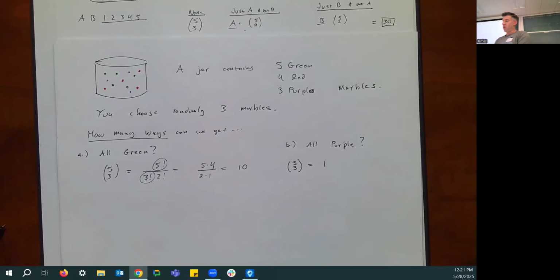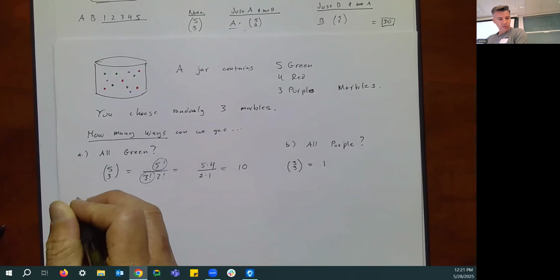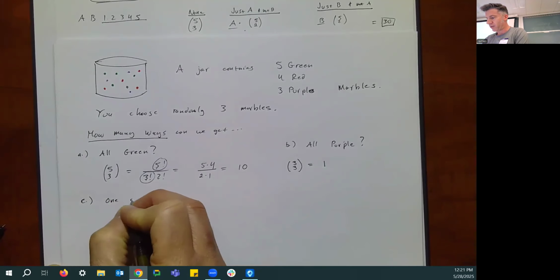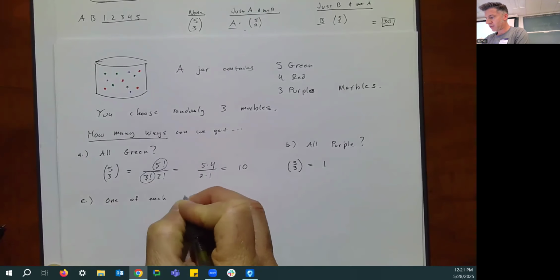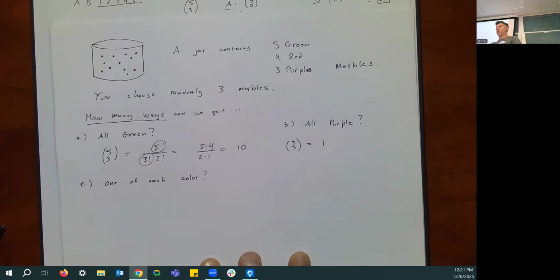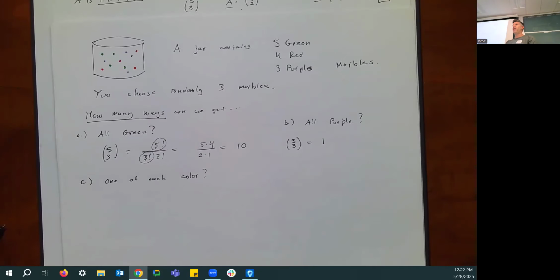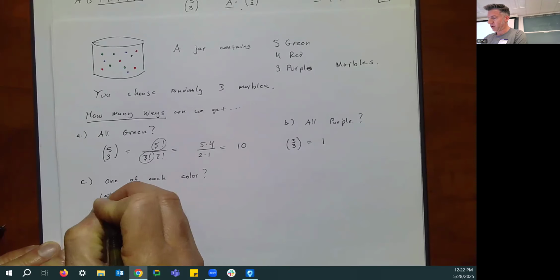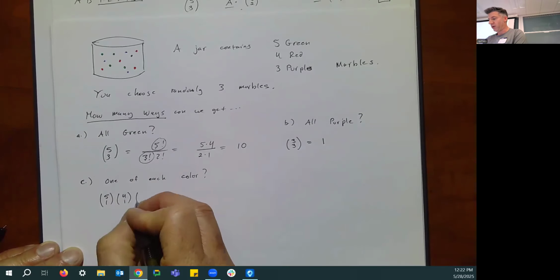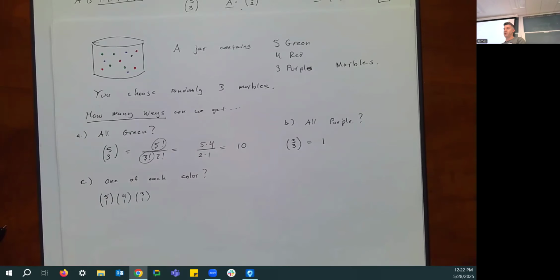So let's do a few more here. What if I wanted to get one of each color? You might start to see a pattern here where it's just basically the number of that color, choose the number that we want. So if I want one green, that's going to be five choose one. If I want one red, there's going to be four choose one ways of doing that. If I want one purple, there's three choose one ways of doing that. That's just going to be five times four times three,